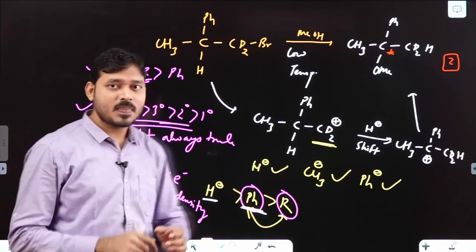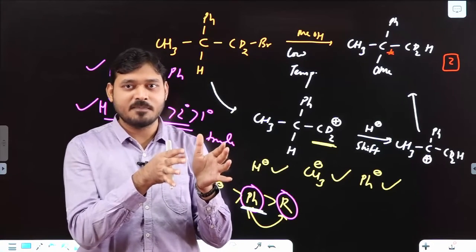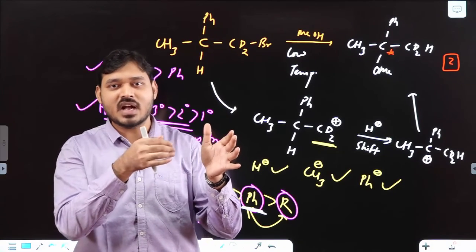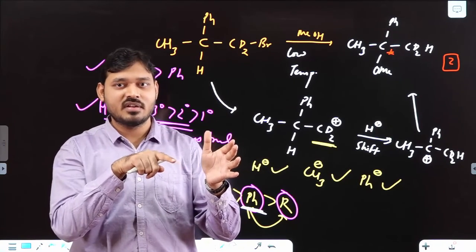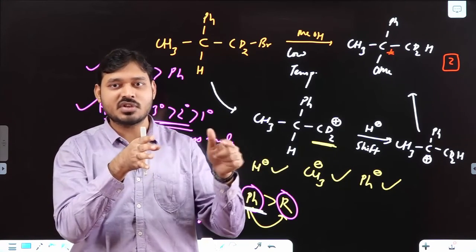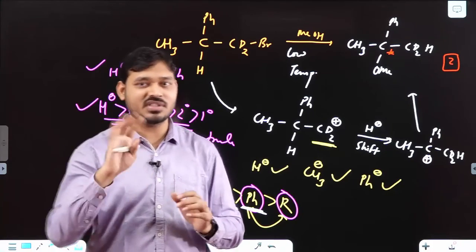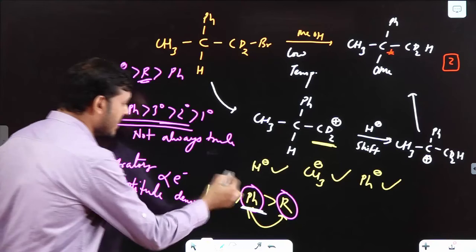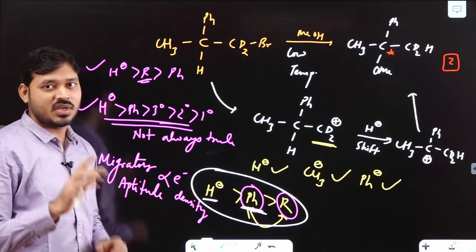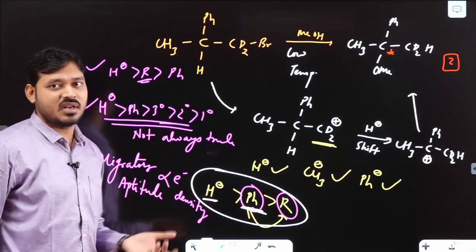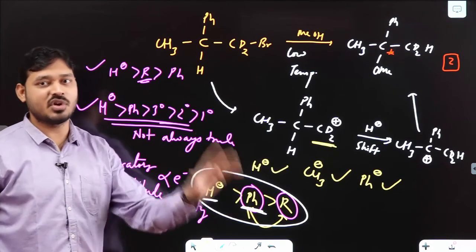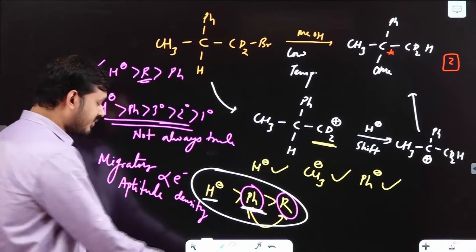See, I am just telling one thing. Suppose after rearrangement, when you make a phenyl shift, the cation is generated, and when you make an alkyl shift, the cation is generated. Definitely, if you make alkyl shifting, then the carbocation will be having pH, so a more stable carbocation. So you will come across such cases. Okay, so generally you can say this is perfect, hydride then pH then R, but always you cannot say. So if suppose you are asked in any question that the order of migratory aptitude will be H, then pH, then R always, no, it is not true. Okay, clear to you?